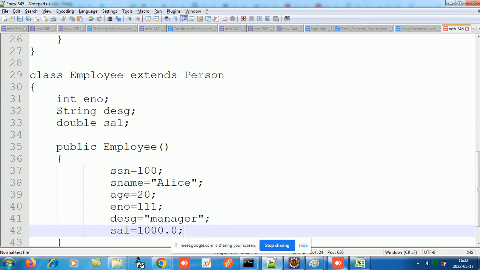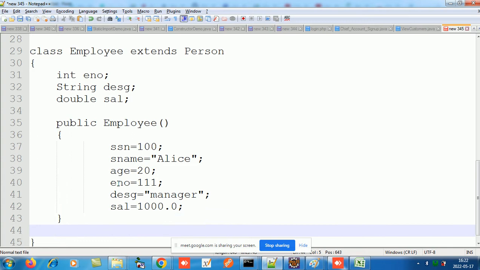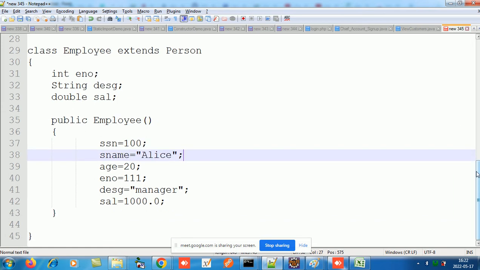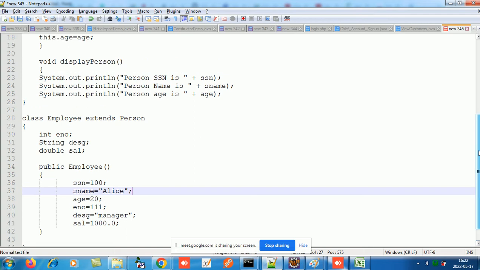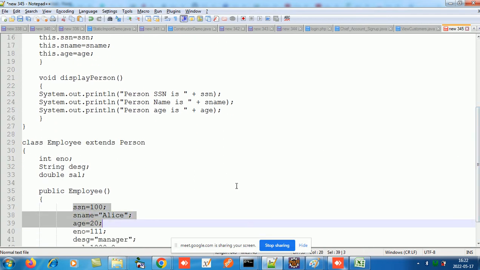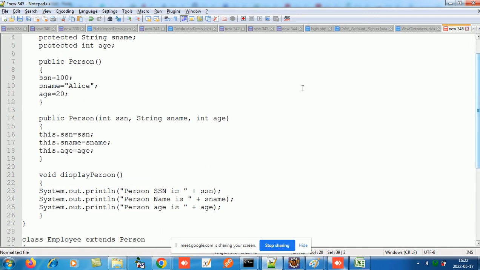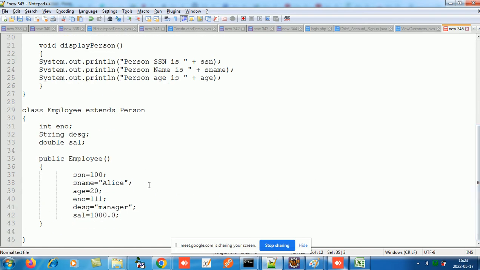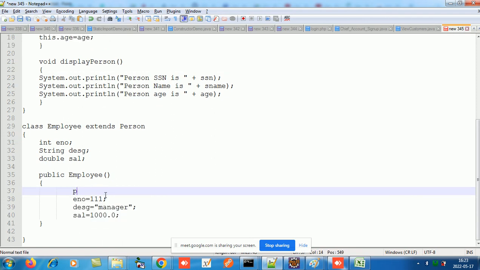Now, what do you feel over here is duplicated? Where is the code duplicated over here? SSN, name, age, lines 37, 38, 39 have already been done over here. Yes or no? So why don't we just call this constructor over here? Right or wrong? For that we have super. Super